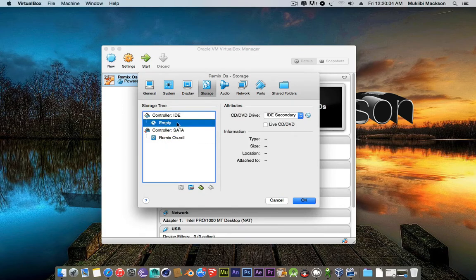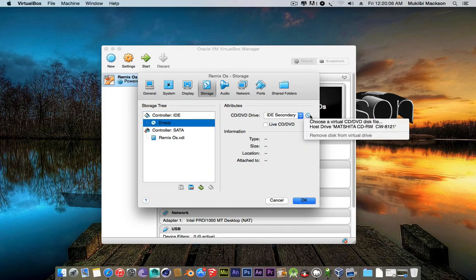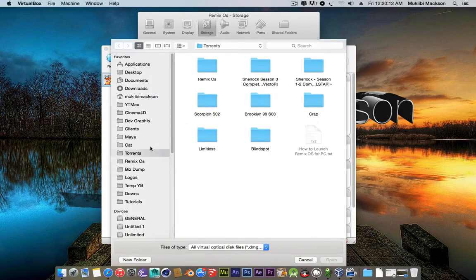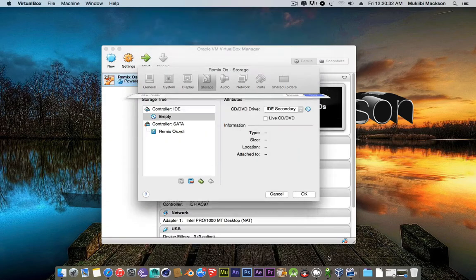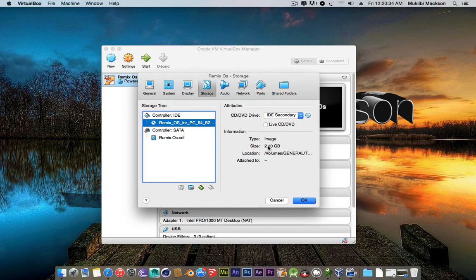Here it's very important: you go to storage, click on this empty, and choose this so as to mount the Remix OS ISO file. Just click go, go to Remix, and choose the ISO file that you extracted, unzipped from the zip that you downloaded. The links are gonna be down below. You download the legacy version of Remix OS from the link that I'm gonna provide below. So just click open